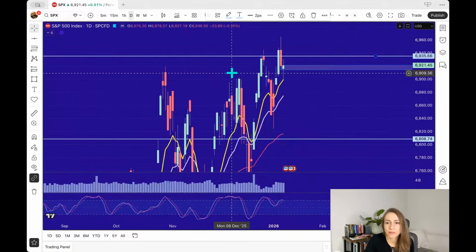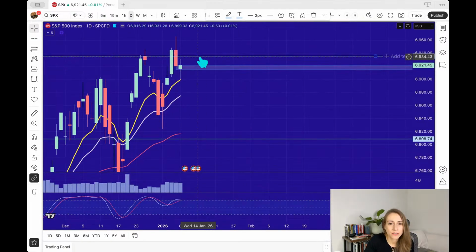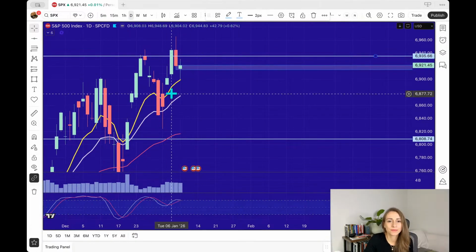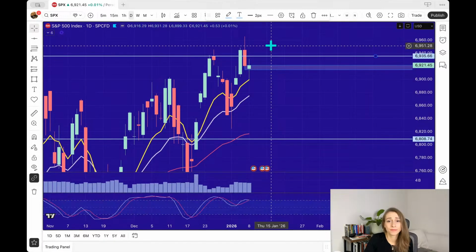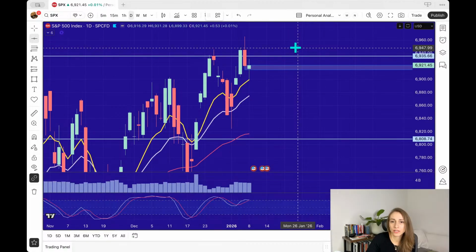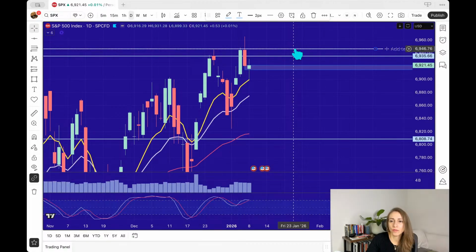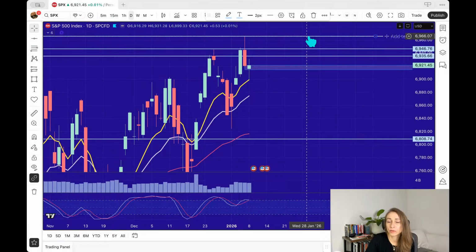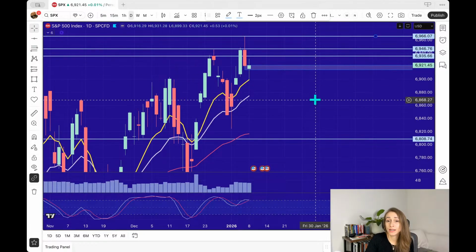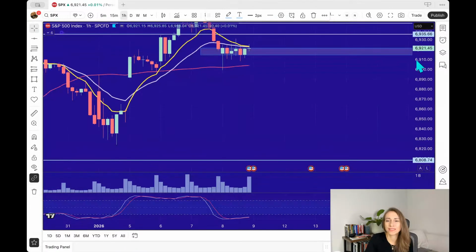Actually, let me see if there's some daily lines. So yeah, they were pretty good on that. And then of course, the next levels, and you don't have to scale out. You just have to be mindful that the move might pause, which could be a pullback at that area. And that's what you want to remember, like what all these lines are for.